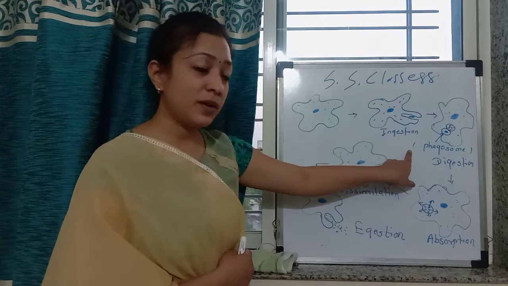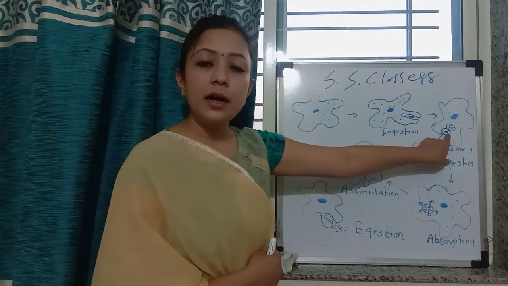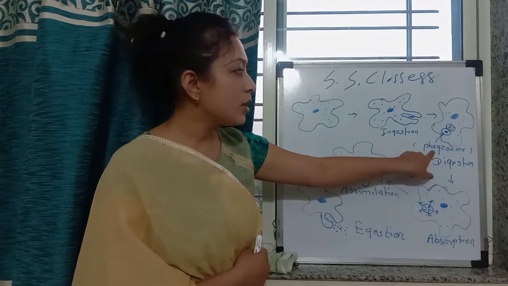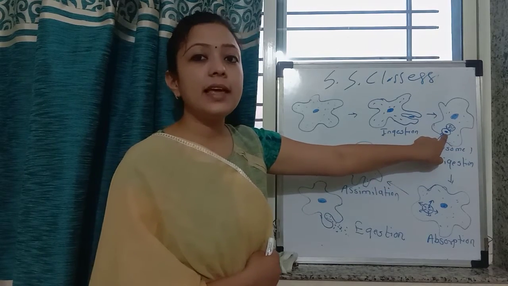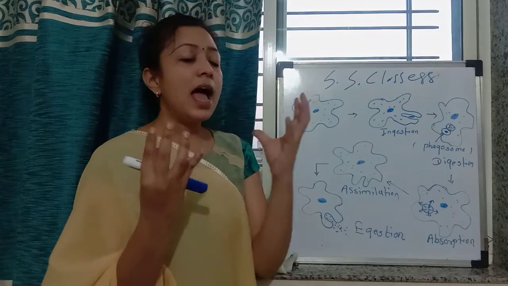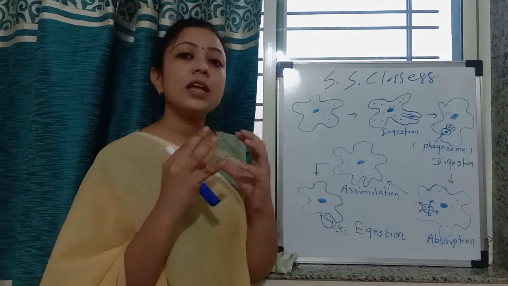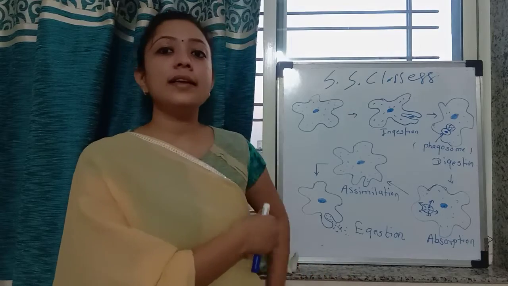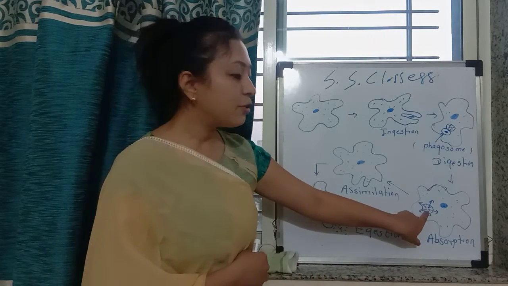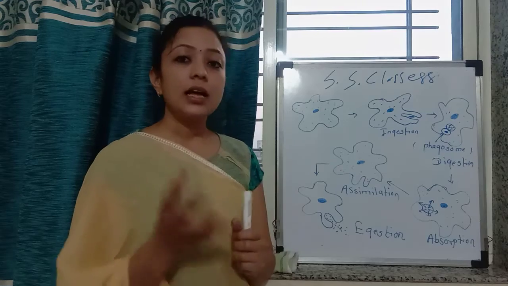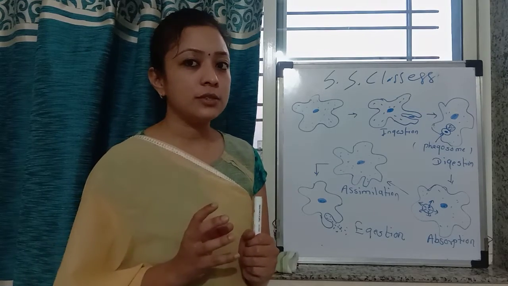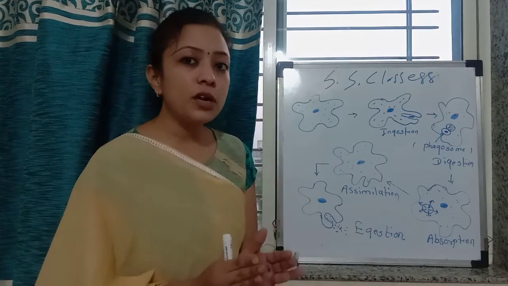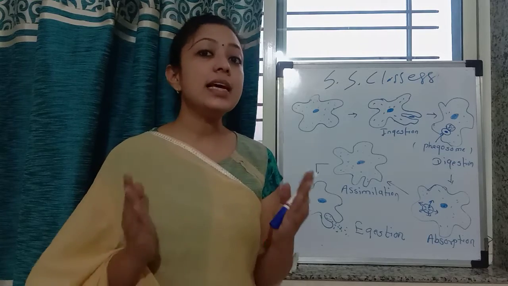Once the phagocytosis takes place, the food is covered by the phagosome. Phagosome is nothing but one of the vesicles formed by the cell membrane. So the food is now enclosed in the phagosome. Now this phagosome and the food vacuole present in the cell of amoeba come together and join. So the food enters the food vacuole inside the cell of an amoeba. In the food vacuole, the food gets digested. The food vacuole consists of many digestive enzymes which convert complex food into simple one. So in the food vacuole, the complex food gets digested into the simplest form.